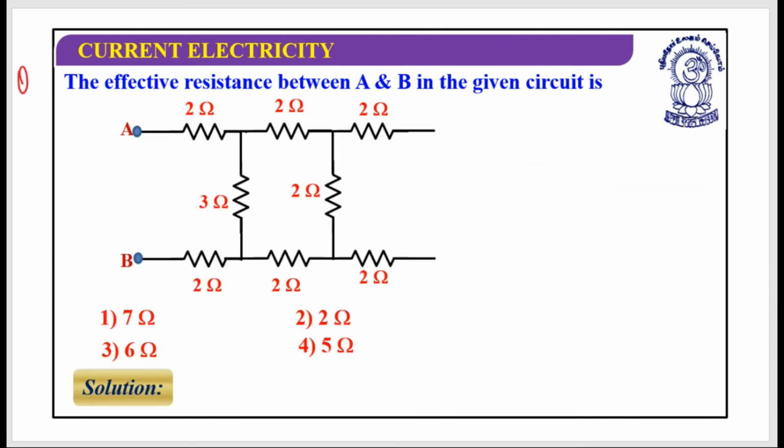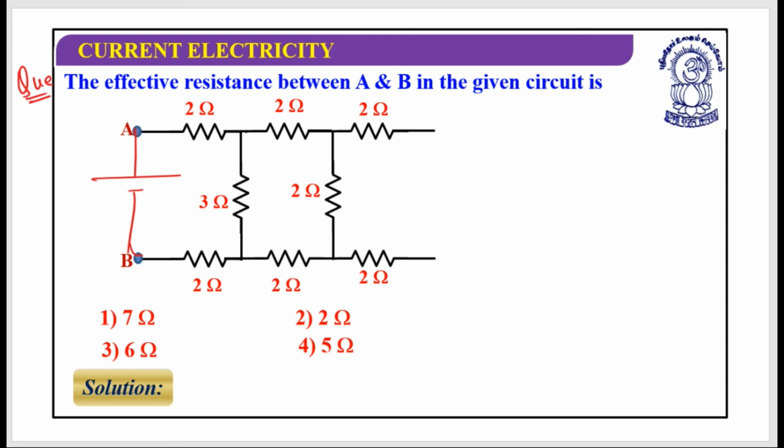We need to find the effective resistance between points A and B in the given circuit. To find the effective resistance between these two points, I need to connect a battery over here and try to solve this. But if I look at this very carefully,